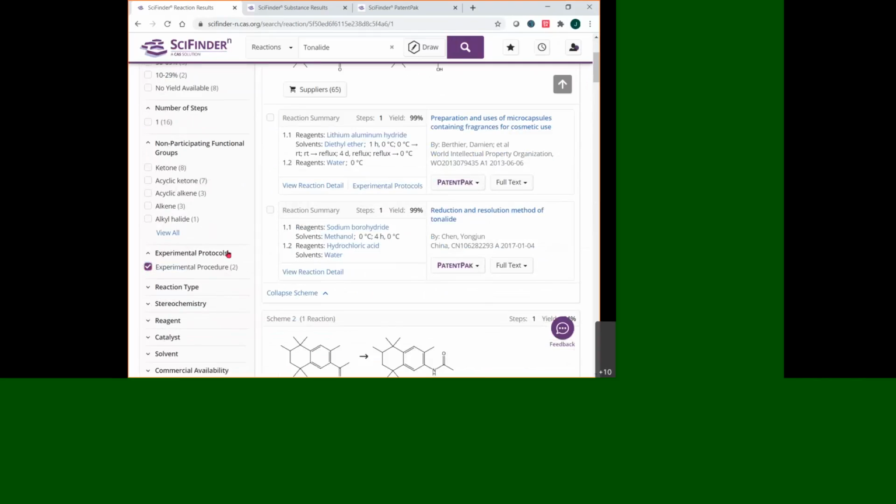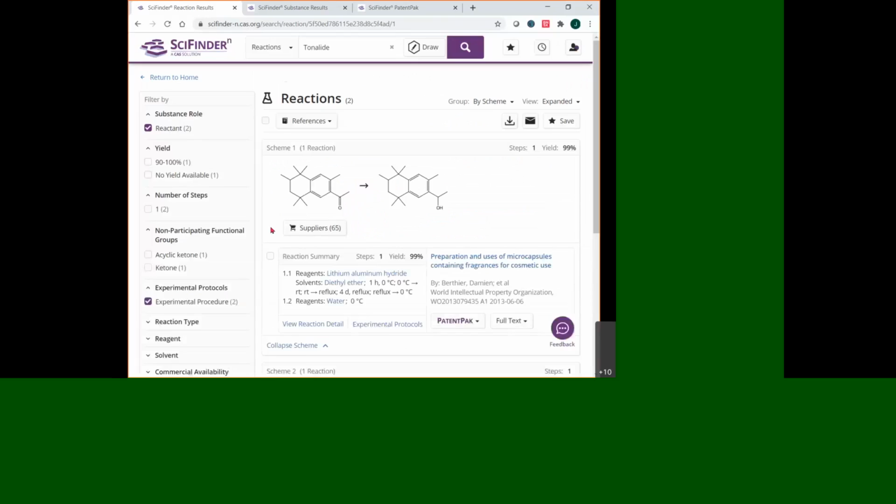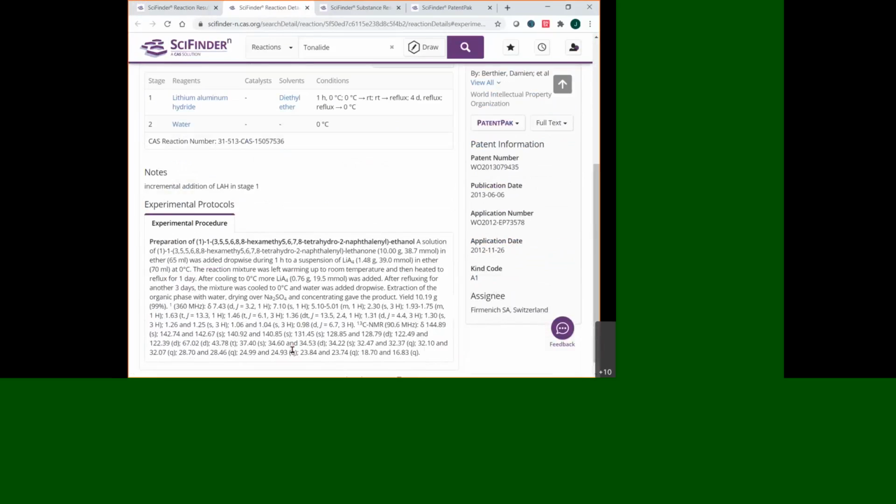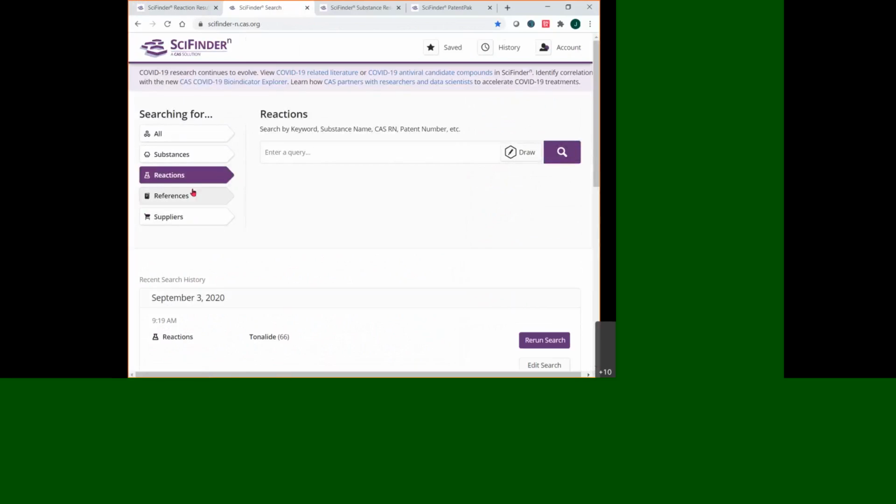Here we do have experimental procedures. These are the old ones that we had in Classic, where we went into the original document, in this case, a patent. Just copied out a block of text here. Those are still available. In other cases, we're going to have access to those that are available through Methods Now Synthesis. So just to show you a way to get these, I'm going to pick a patent number,